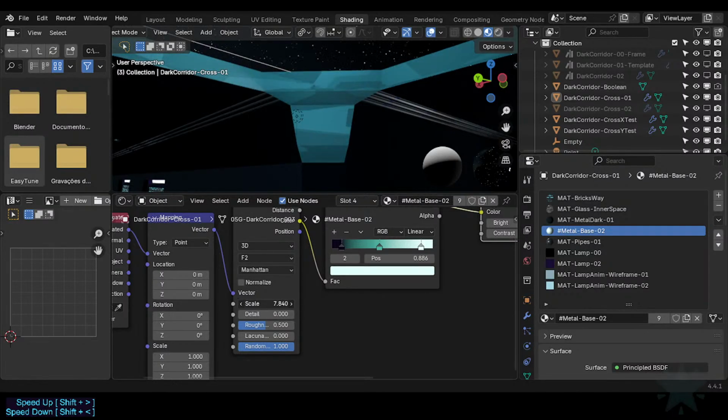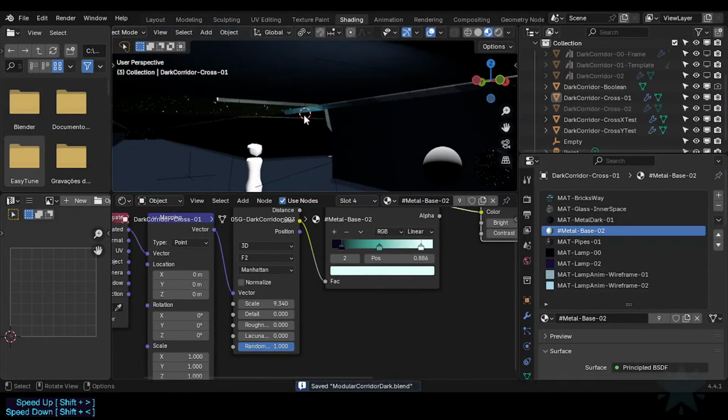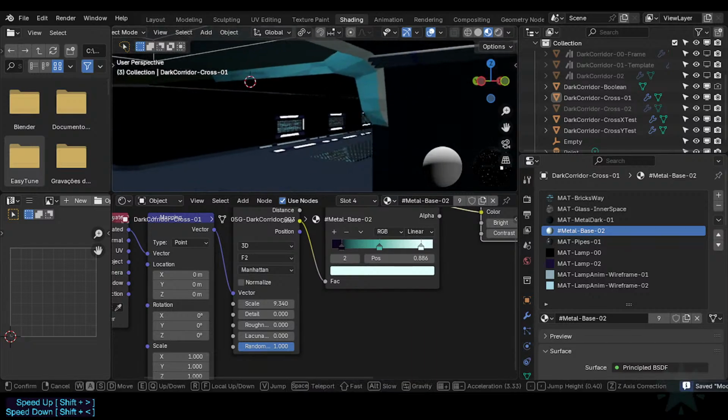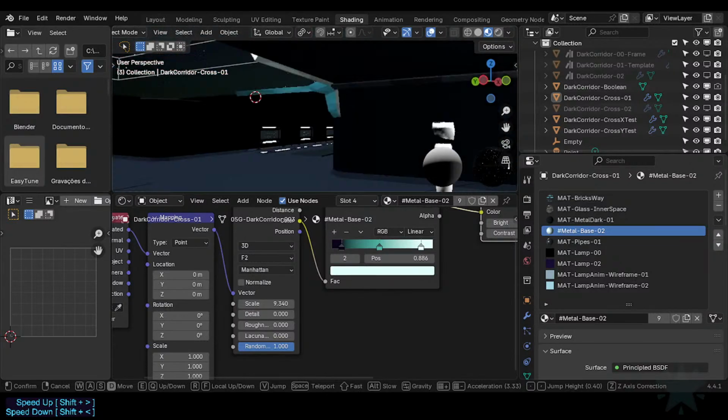Now this is too much. Want something more like this. Good. So here we are getting this structure here, and